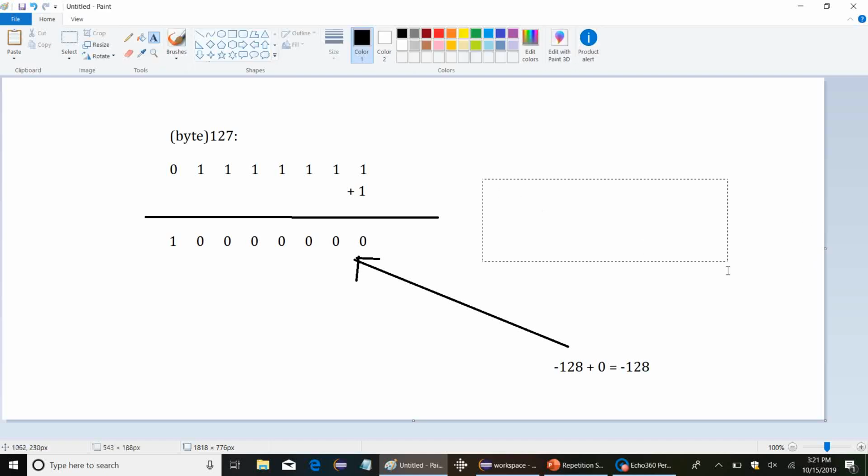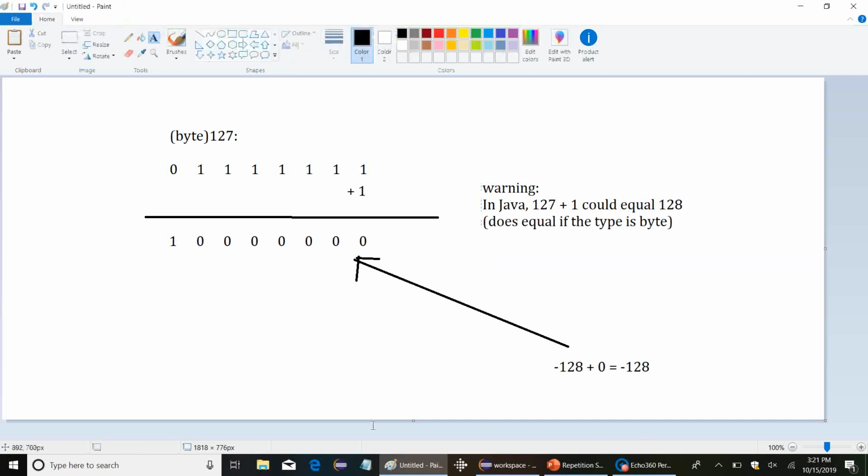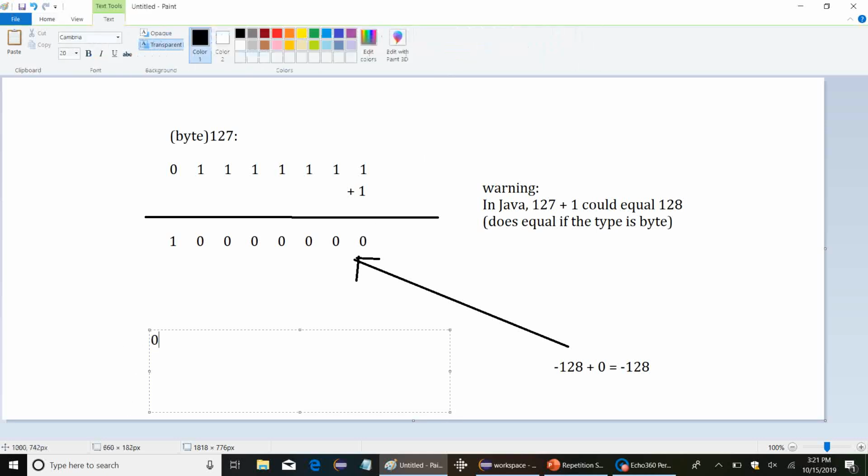So remember the warning: in Java, 127 plus 1 could equal 128. Does equal negative 128 if the type is byte. And all the integer types do that same thing. When they reach their highest positive value, if you add 1 to them, it doesn't get bigger. Similarly, if I start off with the value 64 for a byte,